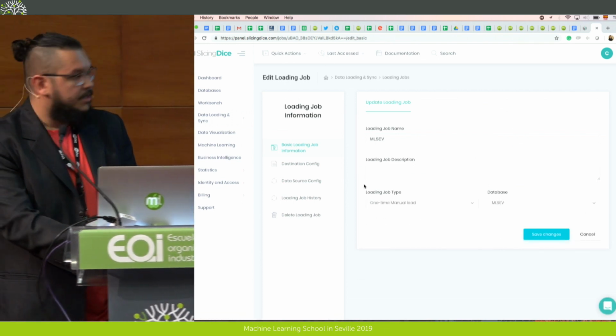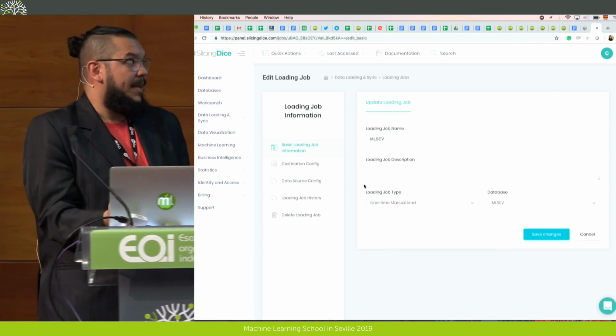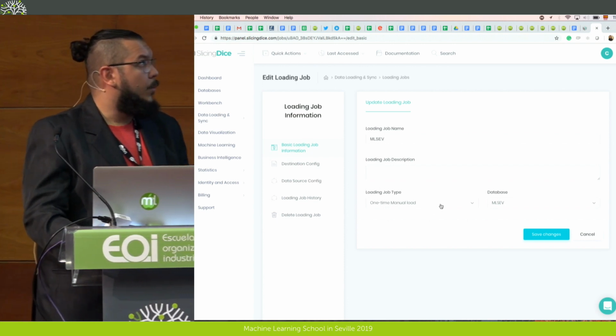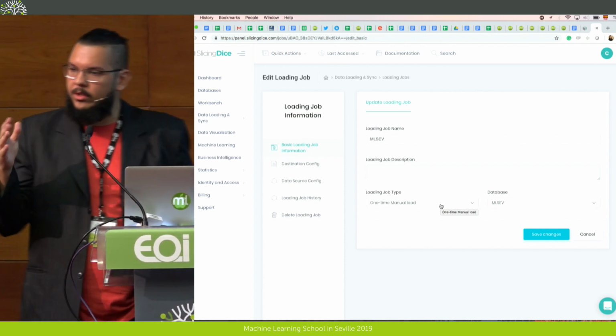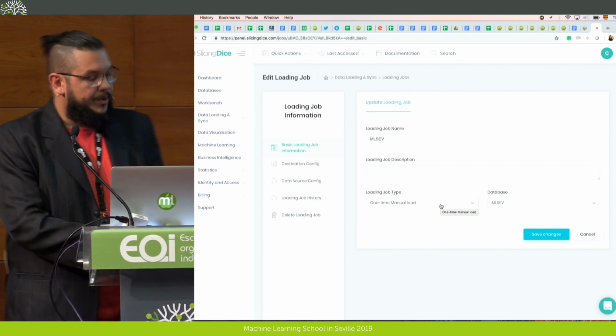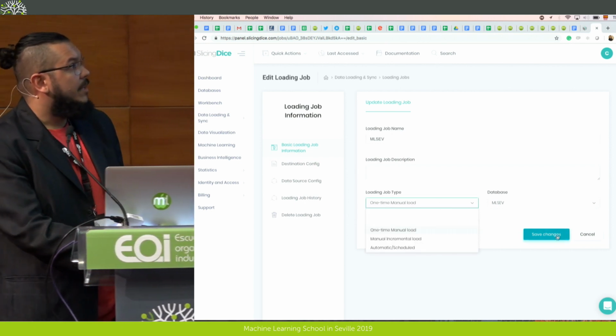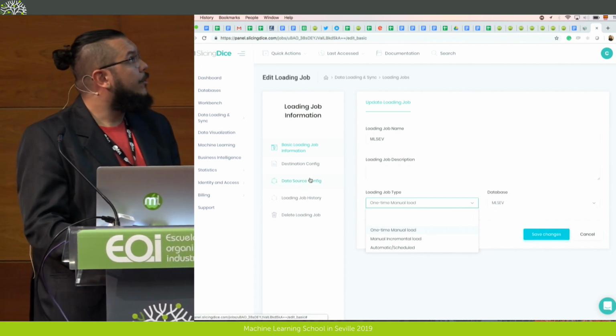Loading jobs take as much complexity as sources. You can choose it to be a one-time manual job to insert data once, load a full table, or perhaps create an automatic loading job to stream data from any source. Choose a database you just created, and then you're going to see